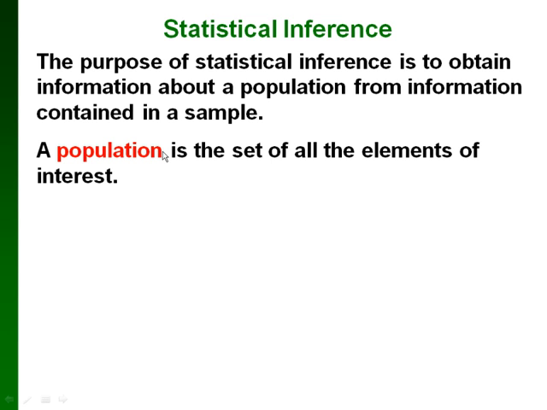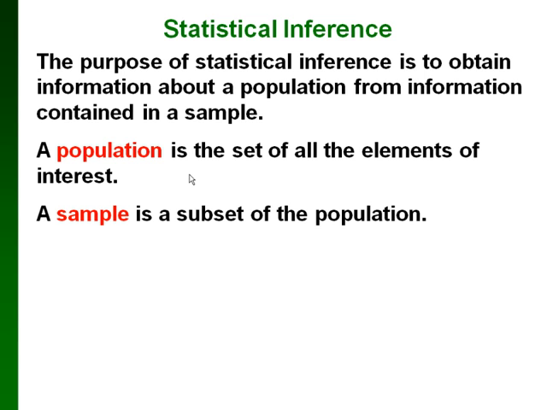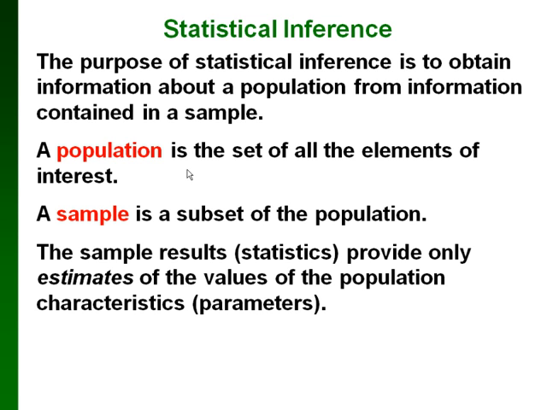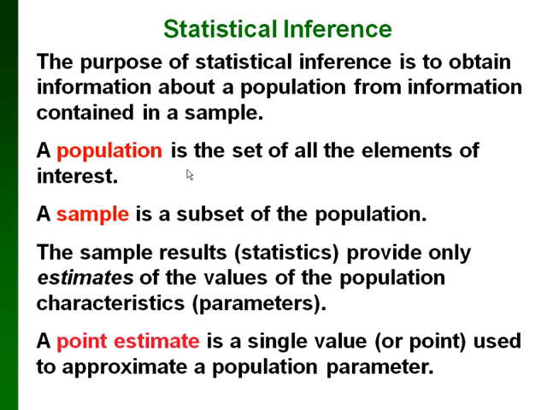And remember, we talked in Chapter 1 about the difference between a population and a sample. Population is all of the elements that we're interested in, and a sample is a subset of that. The results of our sample, which are statistics, are going to provide estimates of the values of the population characteristics, which are parameters. A point estimate is just a single value, or 1 point, that's used to approximate or estimate